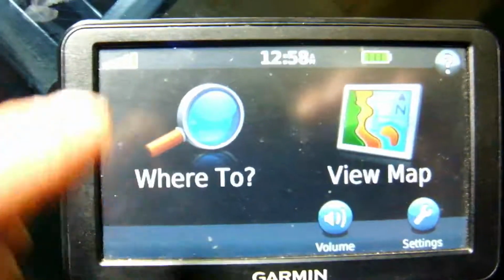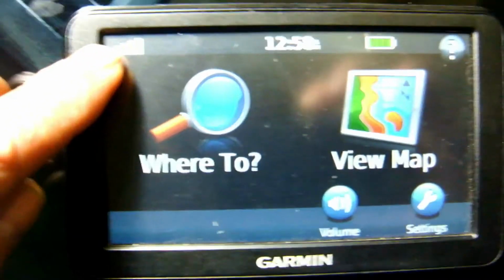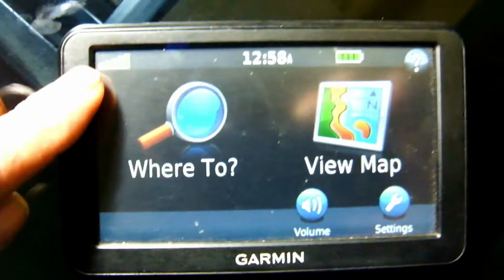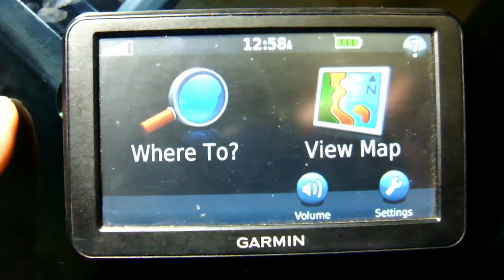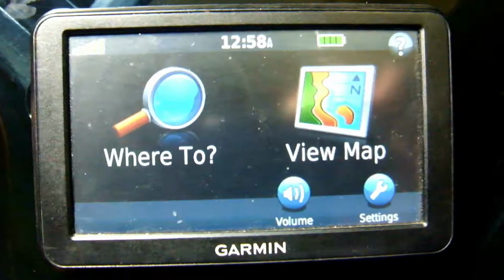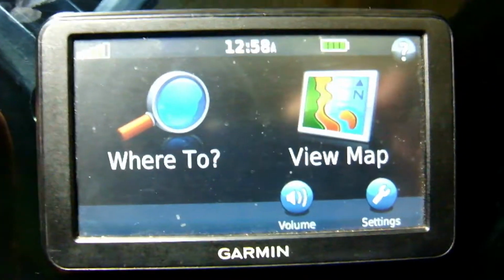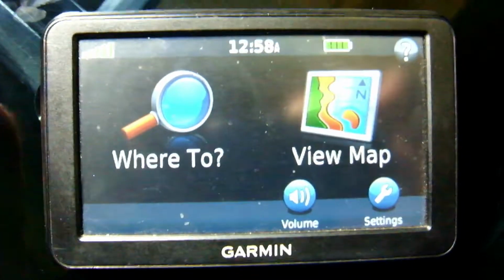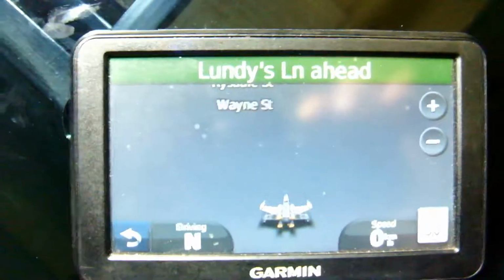I would suggest checking the satellite reception first to see whether you have reception, and if you don't, that's the issue. Most of the time these GPS units are pretty solid, so don't be tricked into thinking it's anything else. It's so nice to shop and buy unique items and add them to your vehicle or your home, but sometimes these things can actually deter your other items from working. So when you get the opportunity, check that out. It's the best way to get a fix, and it's quick and easy. As you can see, I'm even getting reception